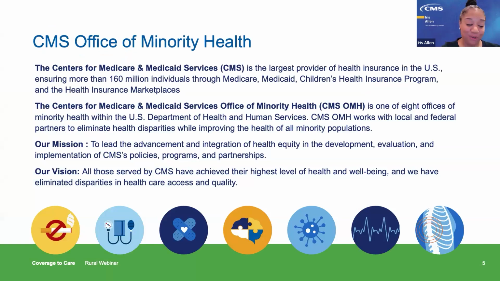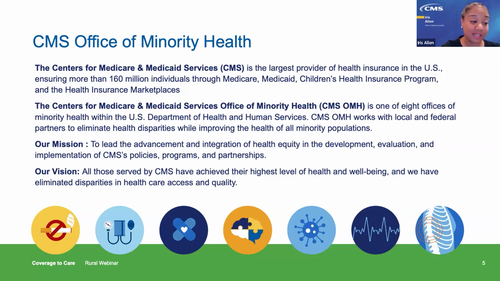On this slide, we give an overview of the Centers for Medicare and Medicaid Services, or CMS, which is the largest provider of health insurance in the United States. We are responsible for ensuring that the more than 160 million individuals supported by CMS programs like Medicare, Medicaid, Children's Health Insurance Program, and health insurance marketplaces can get the health care and health coverage they need to live a healthy life. Our Office of Minority Health is one of 8 minority health offices within the larger Department of Health